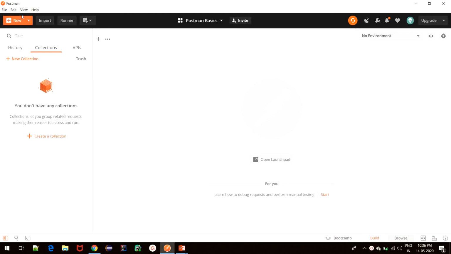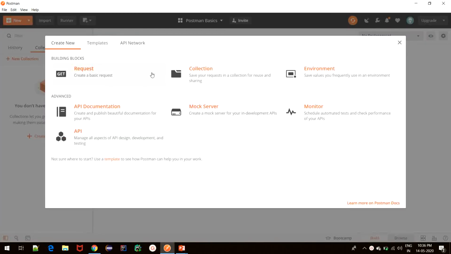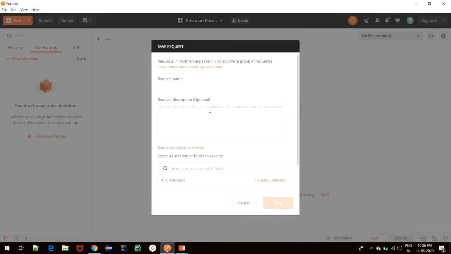So the first one is by clicking this new button on the top left corner of Postman. So when we click this new button, we get options to create the request. So let us select the request option, and then we get this form to create and save the request. It asks for the details of the request.